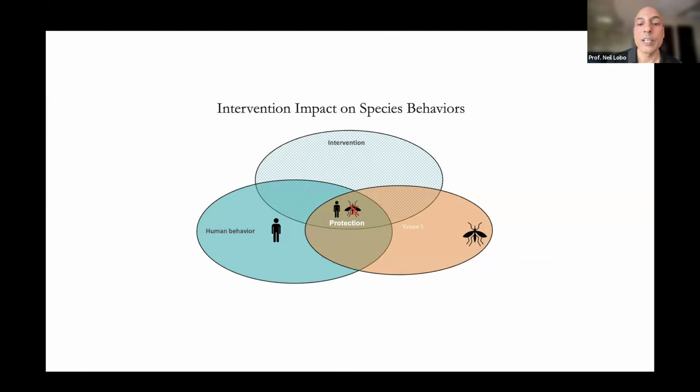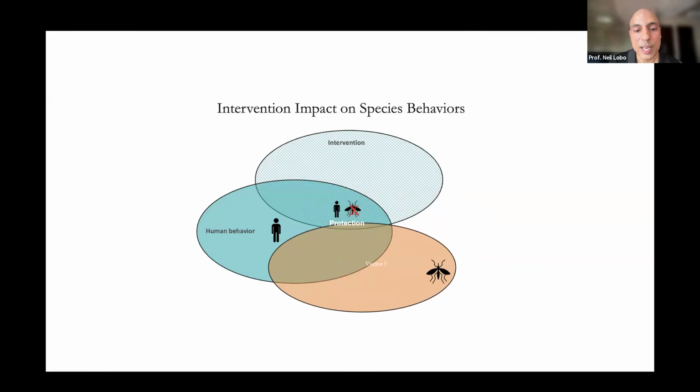So your mosquitoes might start changing their behaviors. And we've seen this at some sites with bed nets. Mosquitoes start biting outdoors. With IRS, mosquitoes start resting outdoors instead of resting indoors. And what happens is your mosquito changes its behavior and it's less impacted. This is also something you can characterize and track over time with entomological surveillance.